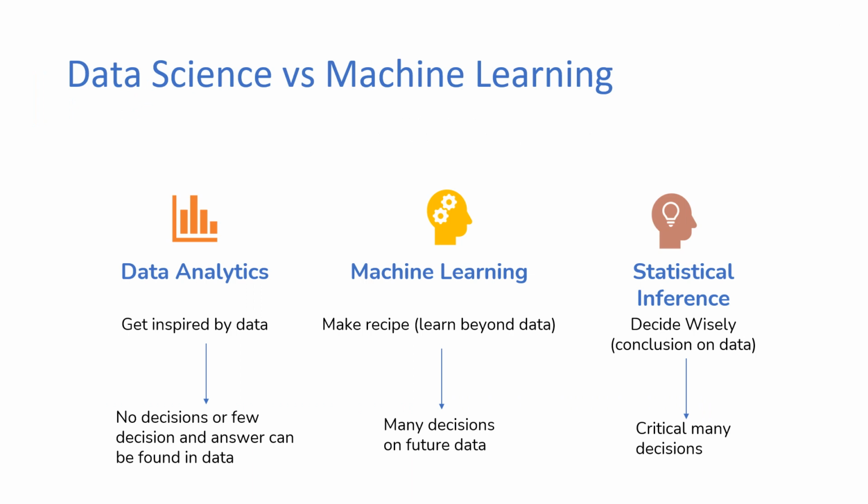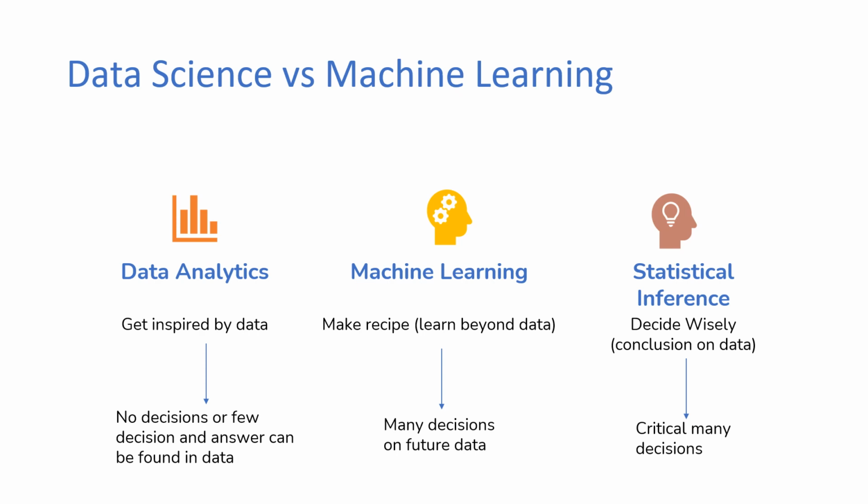We need to understand the difference between data science and machine learning and what the use of both is. For example, if you just want to get inspired by data, and there are no decisions or just a few decisions and answers that can be found in the data, then this is called data analytics. The next thing is the use of machine learning, where you need to make a recipe as we have explained in the other slides, and the learning should go beyond the data, and you will have many small decisions